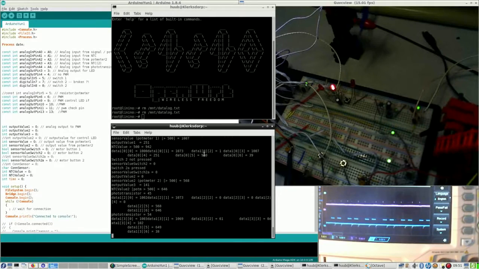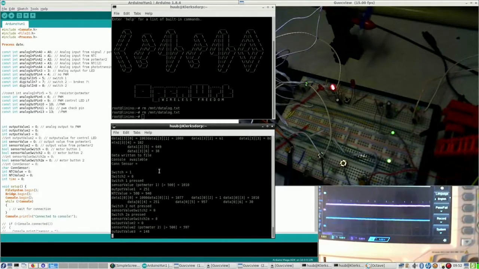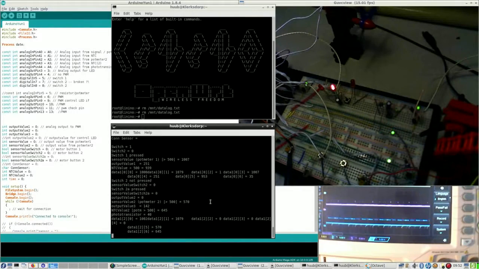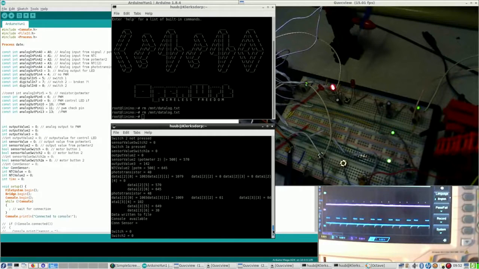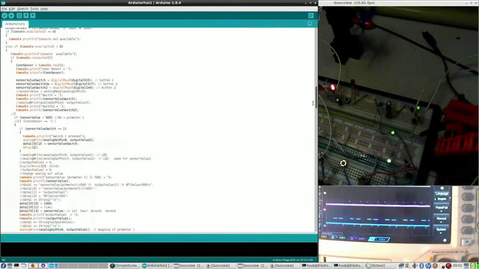Very nice. And with turning this, I look at the data here, and this is 107. When we look at the algorithm,